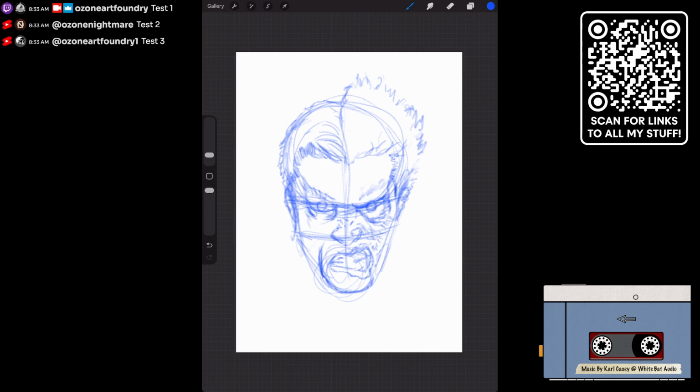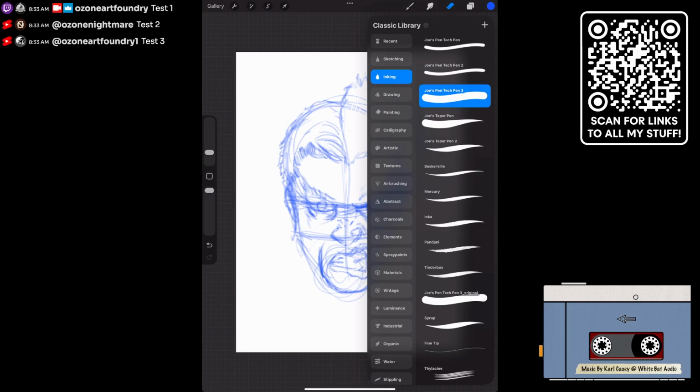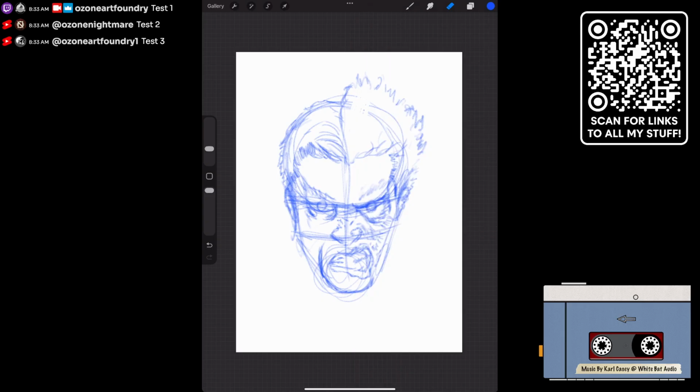Let's see. So now let's do, we gotta firm this up a bit. Oh yeah, we do. Whoa. Oh, I guess I do need paint. Let's just get rid of these lines. We don't need these. We can start getting rid of the lines that don't really serve a purpose now. Just kind of, yeah. And then, you know, like that. We'll just kind of chisel them in to some degree. And this is just getting rid of things to see it a little bit more clearly.